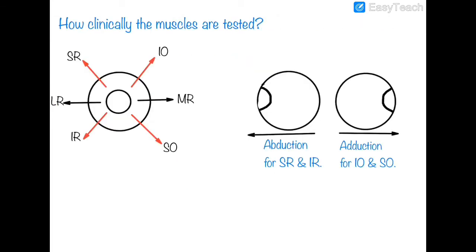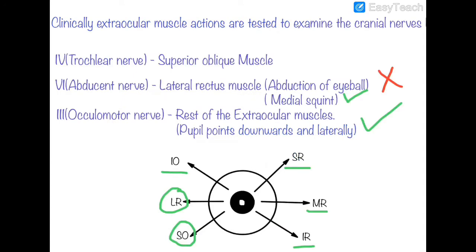Now, how are the muscles clinically tested? Here given is a diagram of how the examiner asks the subject to look in different directions in order to test the different extraocular muscles. Now this diagram seems a little different from the previous one shown here. This is because